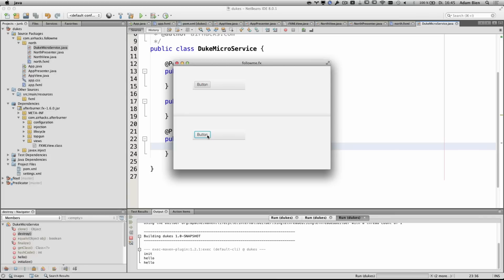Okay, very good. If I wanted one for each, how would I do that? You will have to copy the FXML, right? No, one DMS for each instance. One Duke microservice for each instance of Northview? It's not supported right now. Everything which is injected is singleton. And if not, just create with new. I thought about implementing my own annotations, but this is the beginning of the end: garbage collection and everything else. So if you need more complex stuff, hook in Spring or Guice or Weld, which is also used. But I really don't. This is just sufficient.